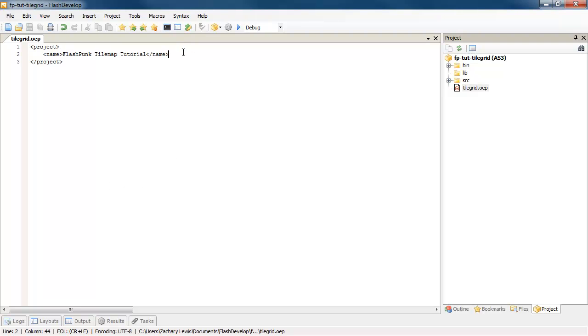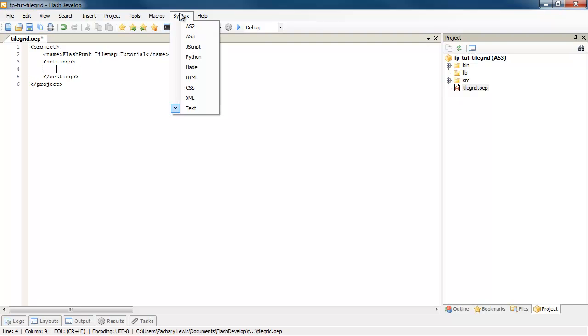Now it's not going to run right now. So we need to start adding a couple different things. First we'll add some settings. You can do that by starting your settings tag. I'm going to go ahead and set my syntax to XML so it kind of knows what I'm working with here. Now, the most basic settings we're going to use are